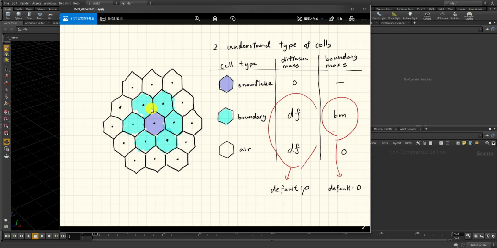And each cell has several variables included inside. One is called diffusion mass, which explains how diffused that cell is. Since the snowflake is a solid thing, a solid ice cube or ice flake, the diffusion mass is always 0 for snowflake. The boundary and the air change by the neighbors' diffusion, so it's changeable, and that's one of the variables that you're gonna calculate through the iterations